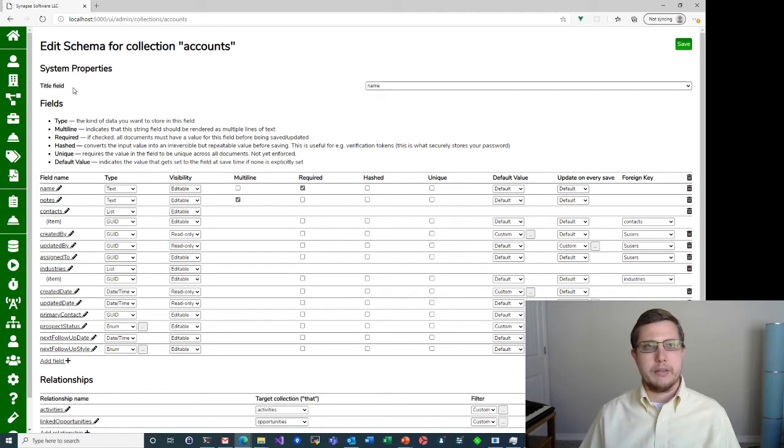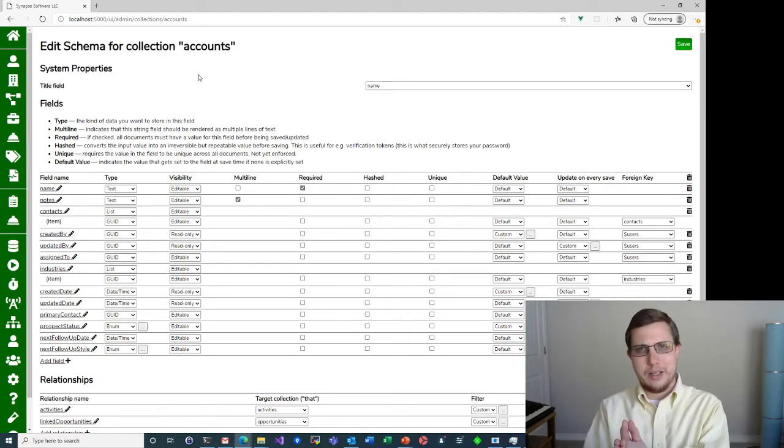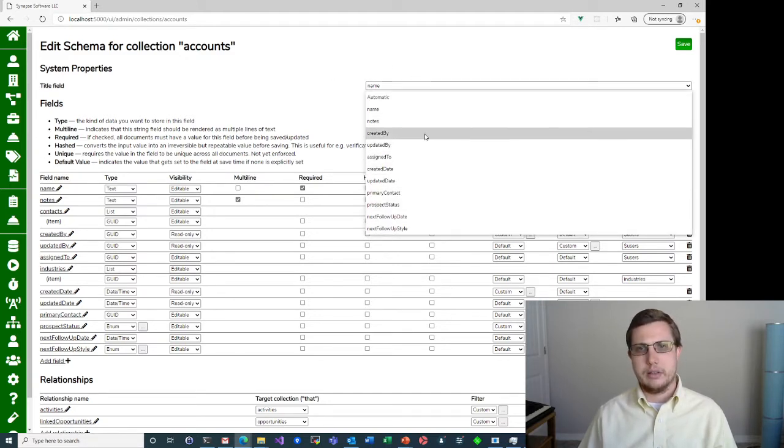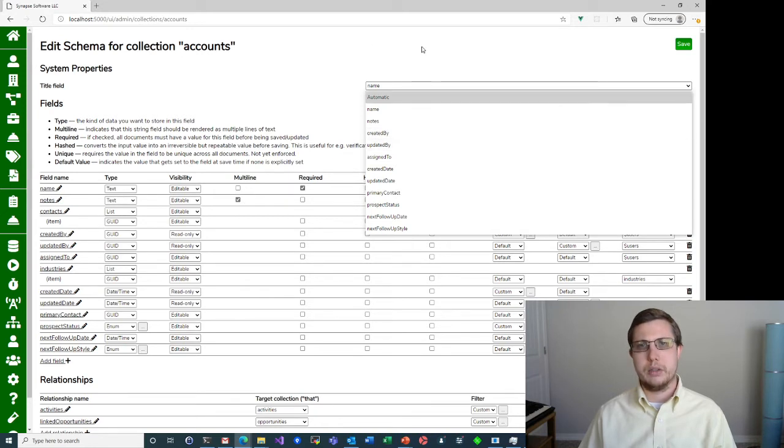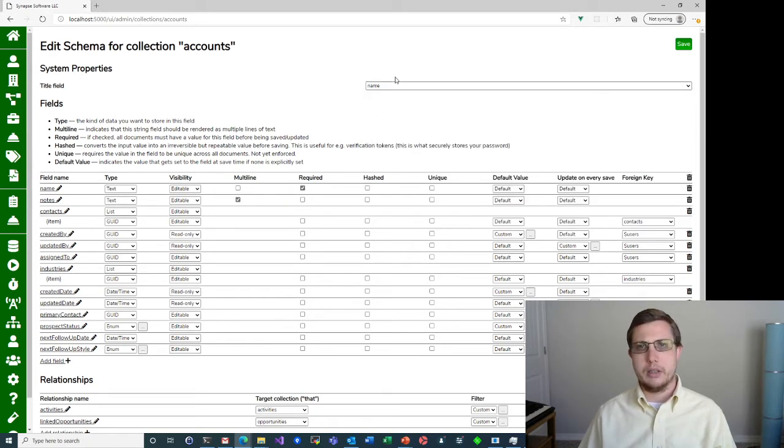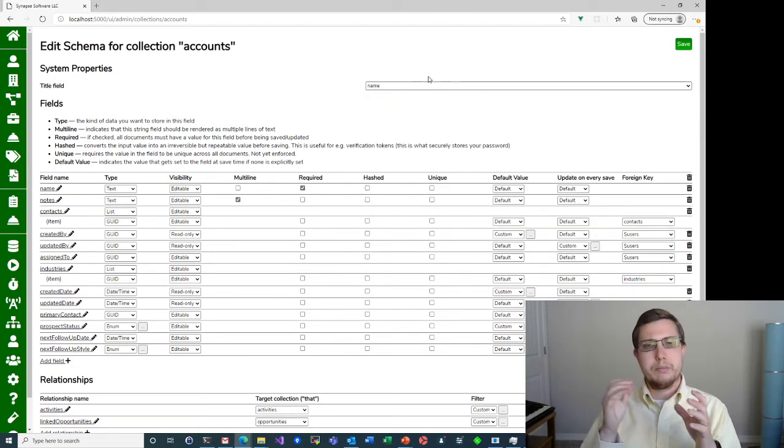So right off the bat, we have a title field, and the importance of the title field is that's what shows up kind of in this title area. So if you actually pulled up a form, you would see the title of the record, which is pulled from that title field, displayed. Now, you don't have to name that field title, and that's why this setting exists. So you can actually select any field from the record, from the schema, and you can actually choose automatic, which I don't recommend, but if you're pulling in